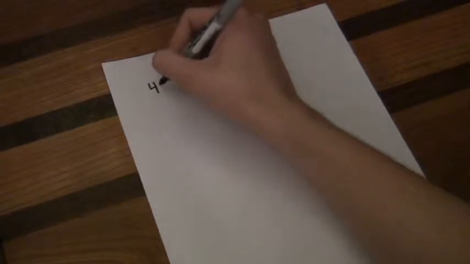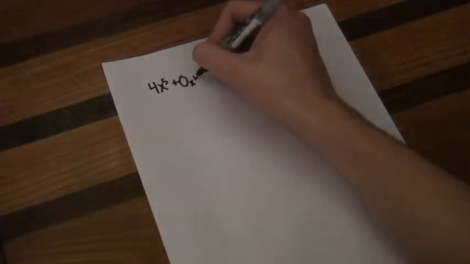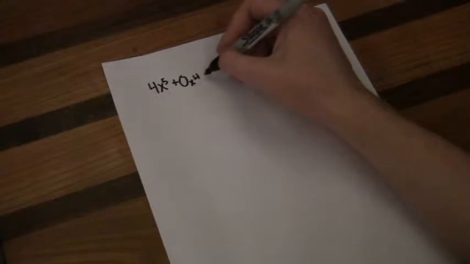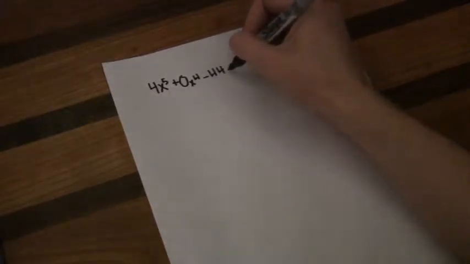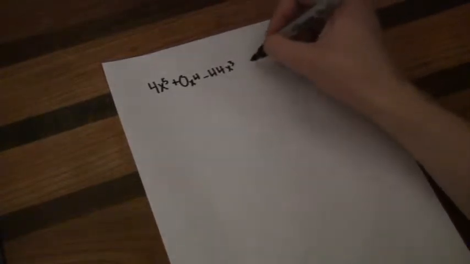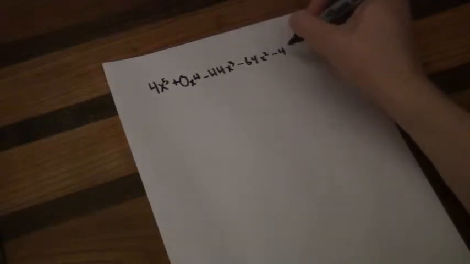So we've got 4x to the 5th plus 0x to the 4th minus 44x to the 3rd minus 64x squared minus 48x